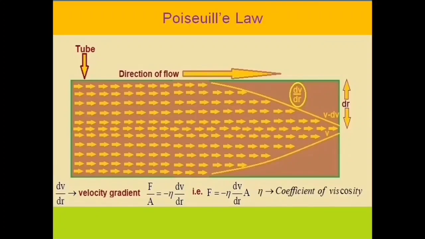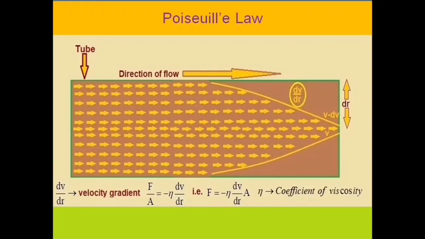See the diagram in which the direction of flow of fluid is shown. There is a tube, or we can say pipe, whatever it may be. There is a flow of fluid from the left hand side to the right hand side along the axis of the tube. The speed, or velocity, of a fluid molecule along the axis is greater as compared to the velocity of the fluid molecule near the wall of the tube, as shown in the figure.